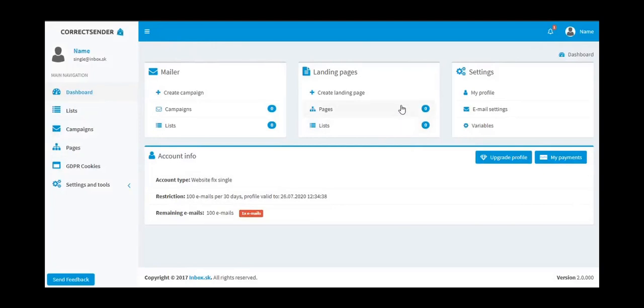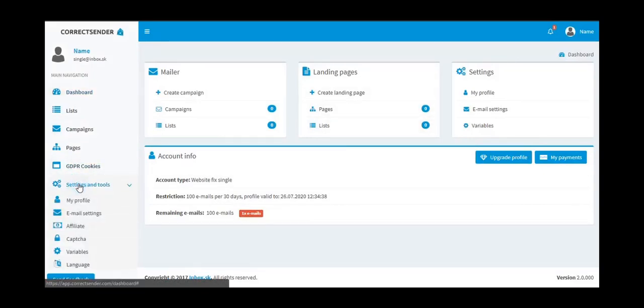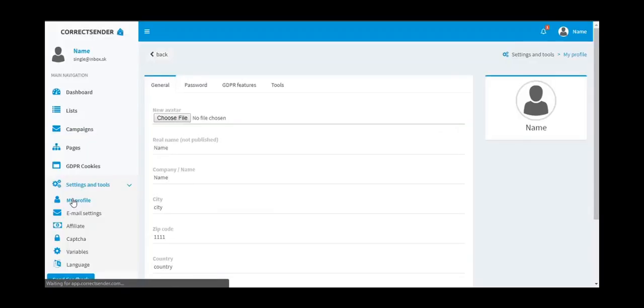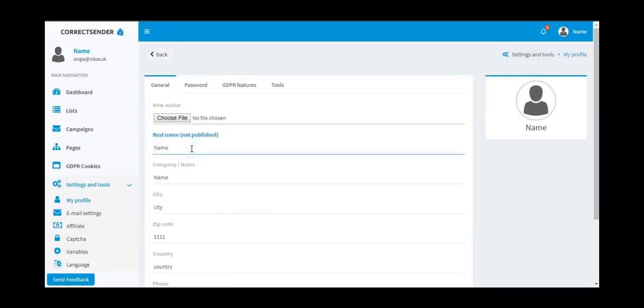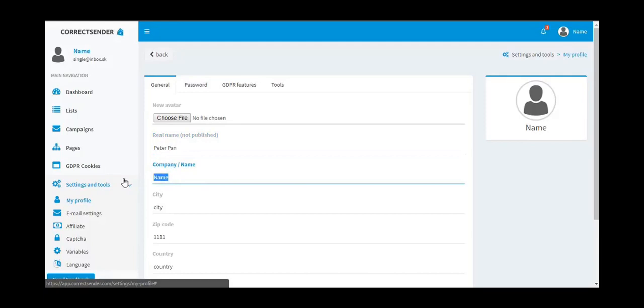The dashboard which you get after registration. The important menu for you is first of all settings and tools, my profile, and here it's necessary to set your profile. First of all, name, Peter Pan, this is a testing account, company name, test company,